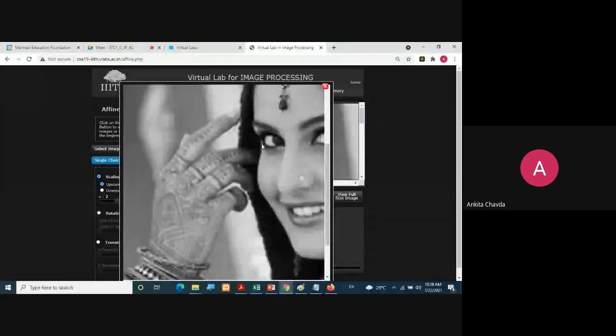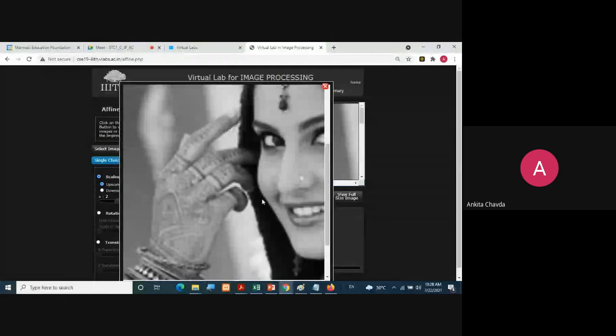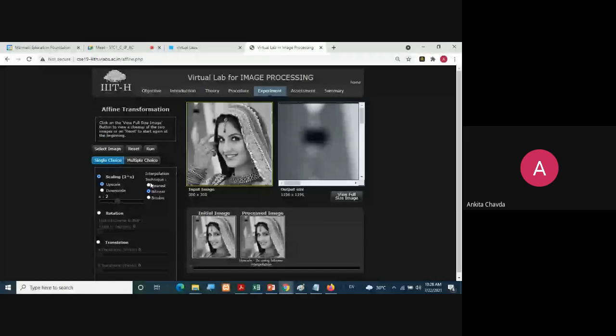See this fine line, these edges you can check. First with the nearest neighbor. So have you observed this? Now you do this with the bilinear. It would be somehow clearer than the previous one. Have you seen this now? Okay. So check this. Better than the previous one. In the bicubic, that is good to choose, right?